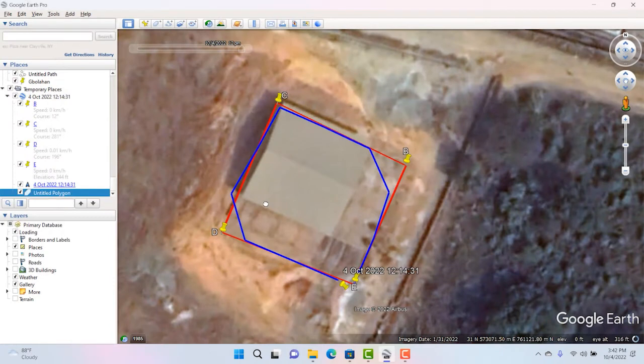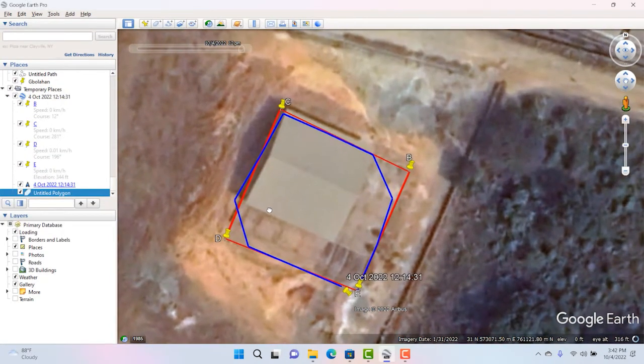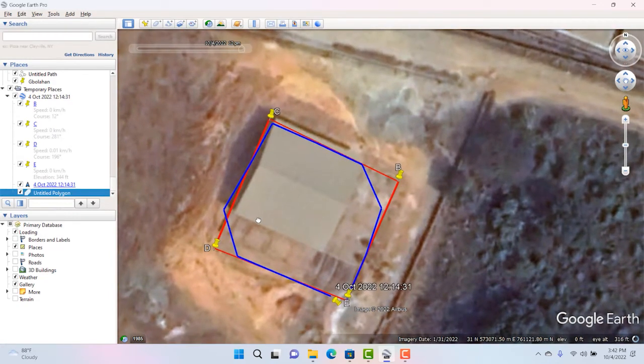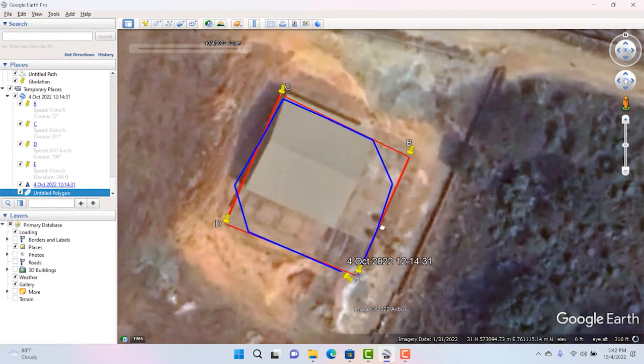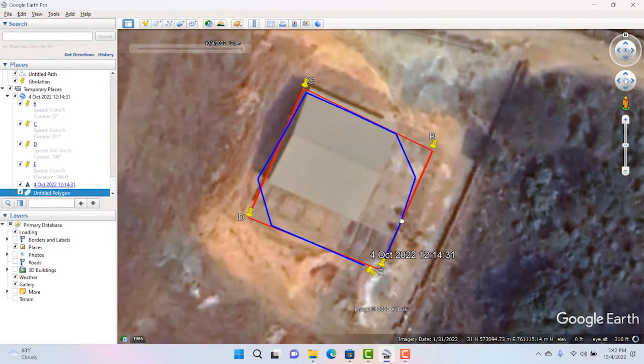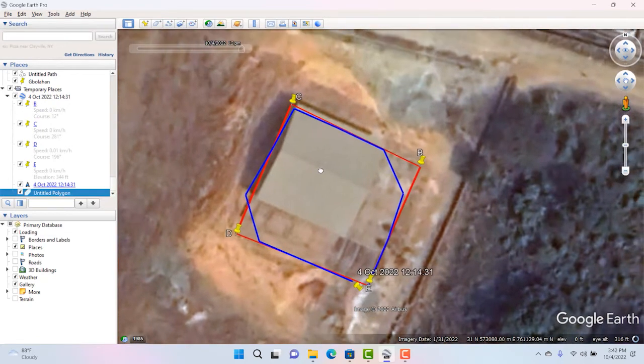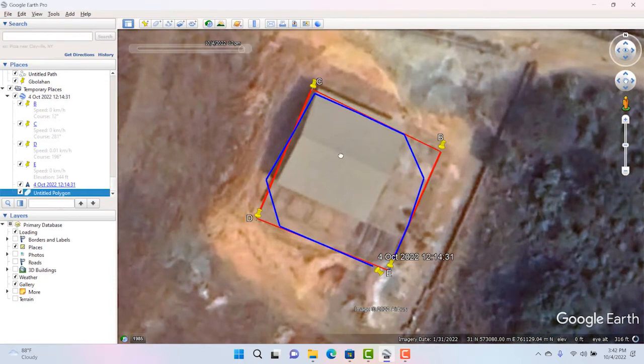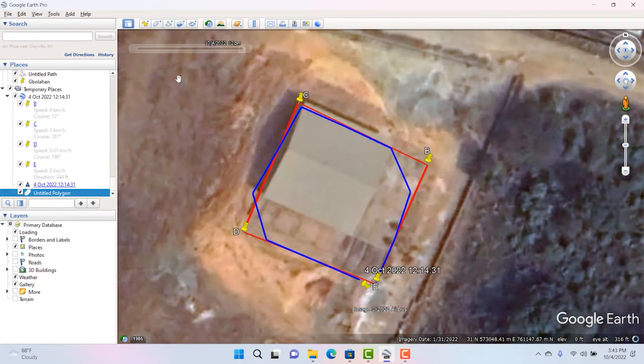Okay, as we have already gotten the area of the building now, then what we're going to do, if you remember when we manually measured the length and the width of the building, we got 30.4 meters by 26 meters. Then what we're going to do now is check it through the use of a tool in Google Earth called Path. We are going to check if what we measured manually is the same as what we're going to measure on Google Earth. For instance,